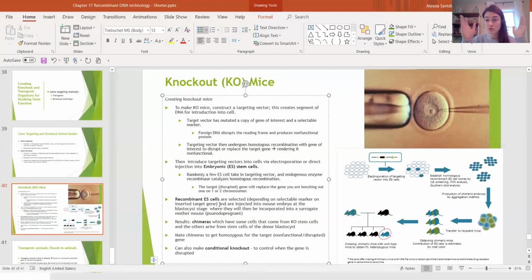So if we expose the embryonic stem cells to neomycin, the ones that don't have the neomycin resistance gene that came along with the targeting vector are going to die. And the ones that do have it, because they also have the targeting vector and the mutated gene of interest, are going to live. And so they're called the recombinant embryonic stem cells. We can also use GFP as well, or LacZ, or whatever kind of really nice, easily used selectable marker gene. Okay, so once we select our recombinant embryonic stem cells, they're then injected into a mouse embryo at the blastocyst stage,